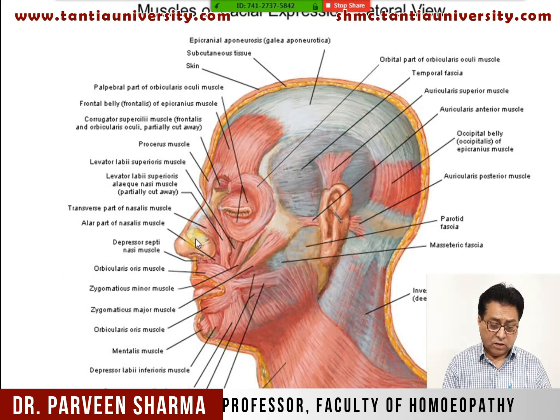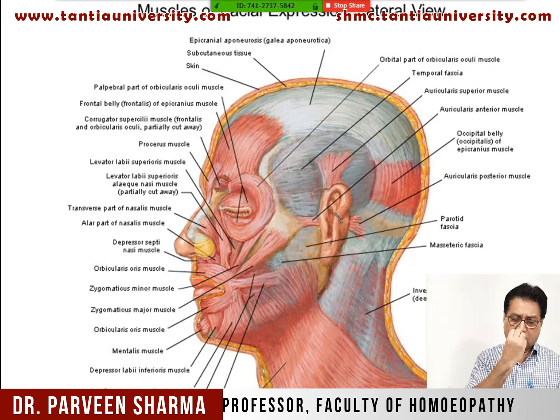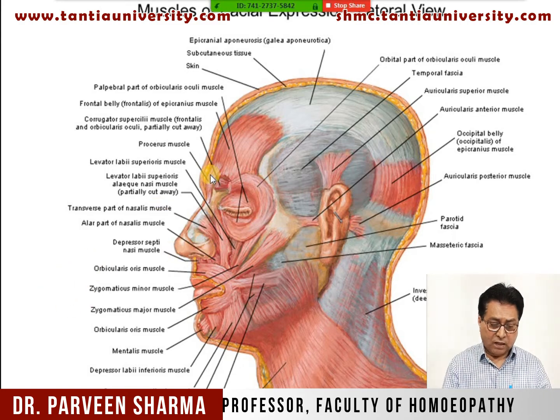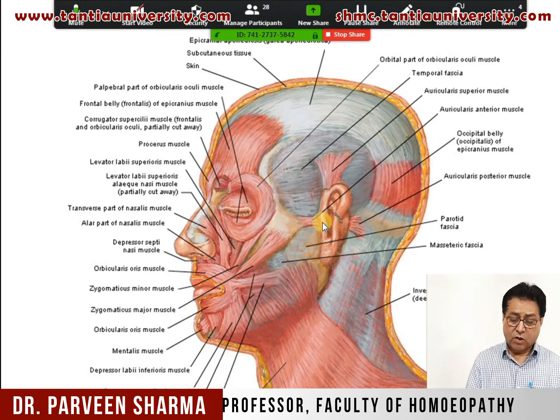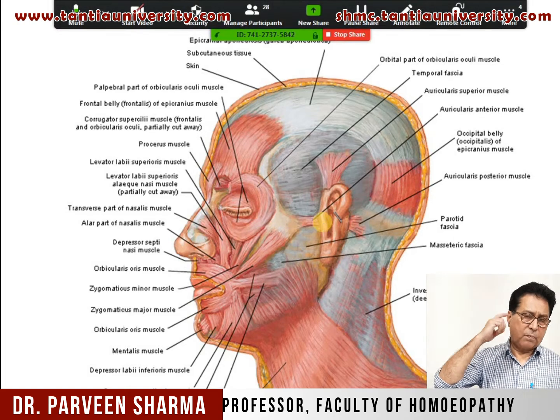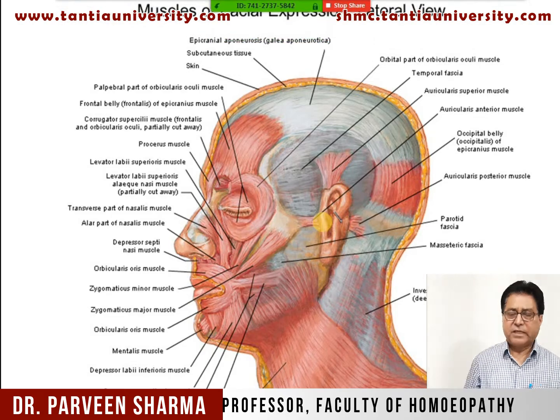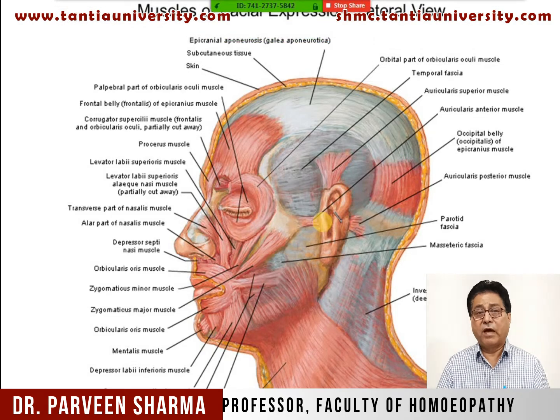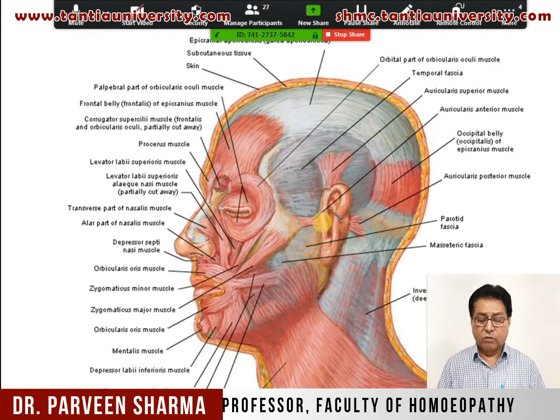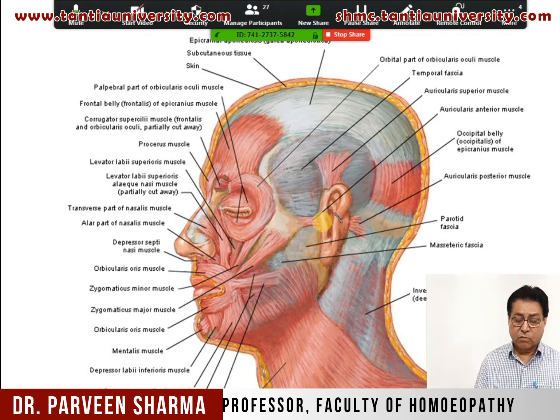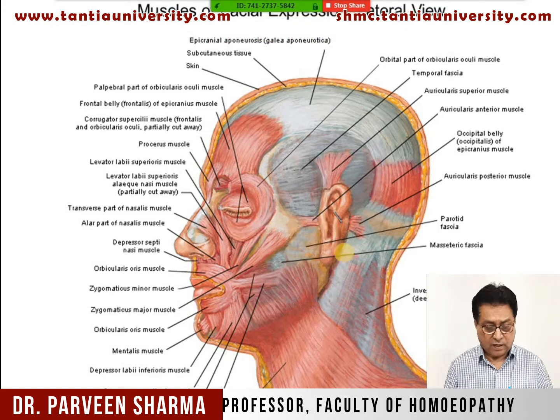Now around the nose, around the nostril, you have dilator naris, compressor naris and depressor septi. In the midline you have procerus above the nose. On the scalp you have frontalis and occipitalis, which we have already studied in the scalp. Around the auricle you have auricularis anterior, posterior and superior. But these are basically vestigial muscles which are more developed in animals, so that animals can move the ear. In human beings, very rarely can a person move the ear. Normally a person cannot move their ear.